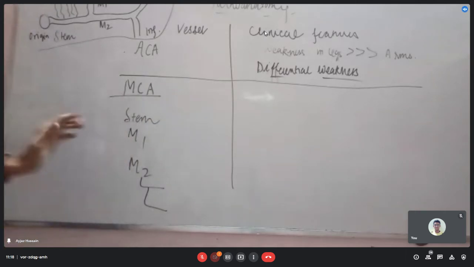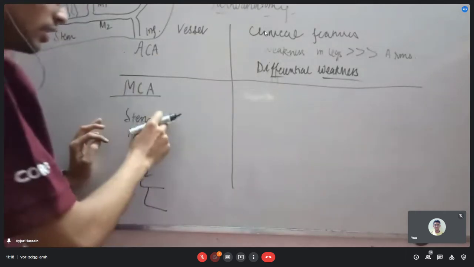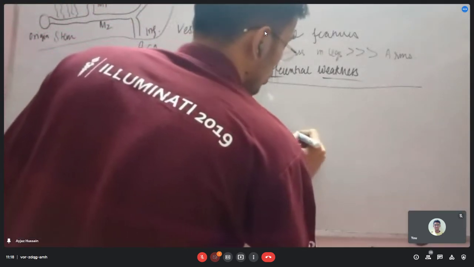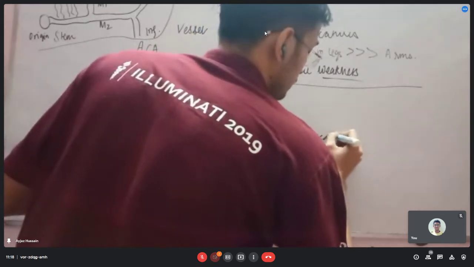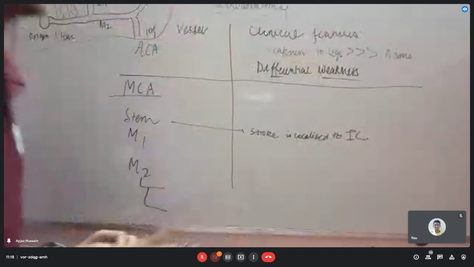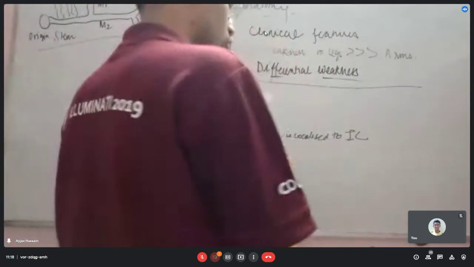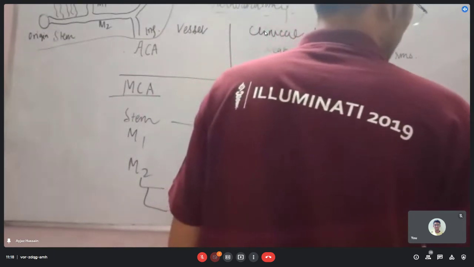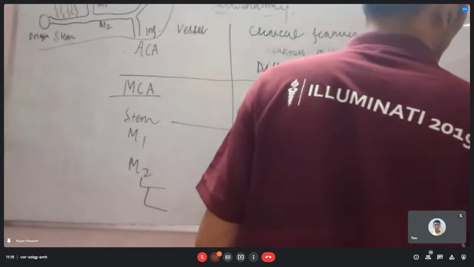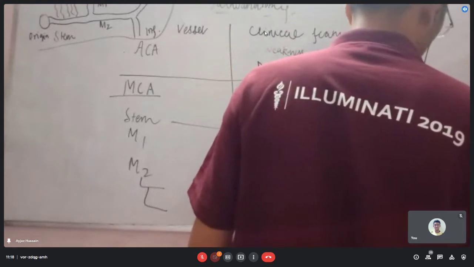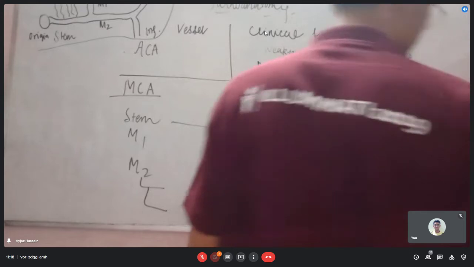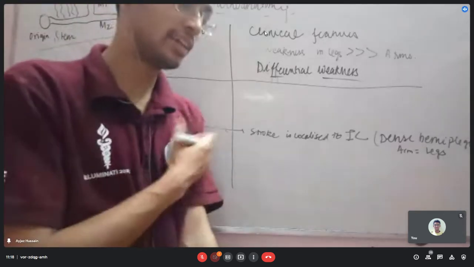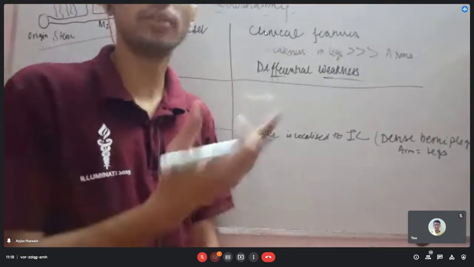Okay, so what will happen? If the stem is involved, that means the stroke is localized to the internal capsule, the subcortical white matter. If the stroke is localized to the internal capsule, there will be dense hemiplegia. And we all know that in dense hemiplegia the weakness in the arm is equal to the weakness in the legs, both by history and examination. If you examine the patient and find that the power in the right upper limb, left upper limb and the left lower limb is 2/5,